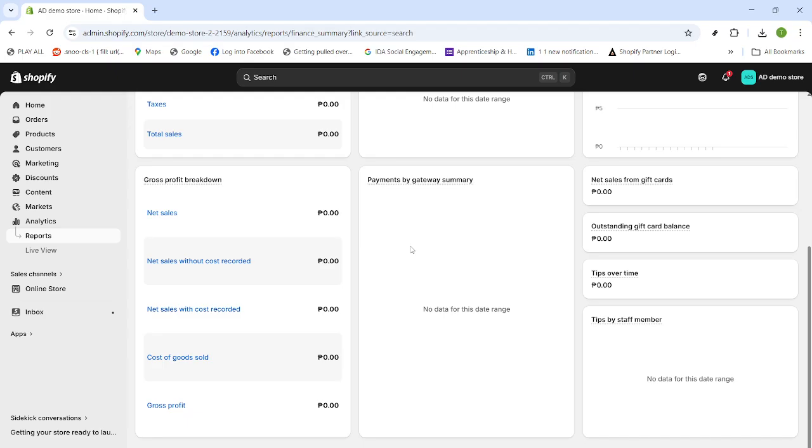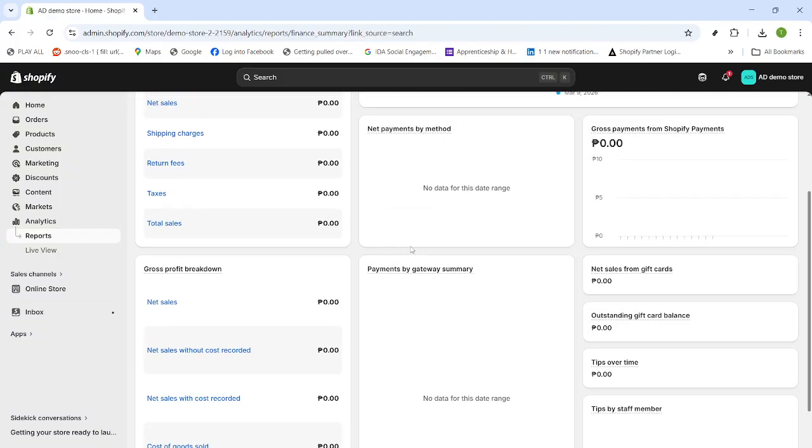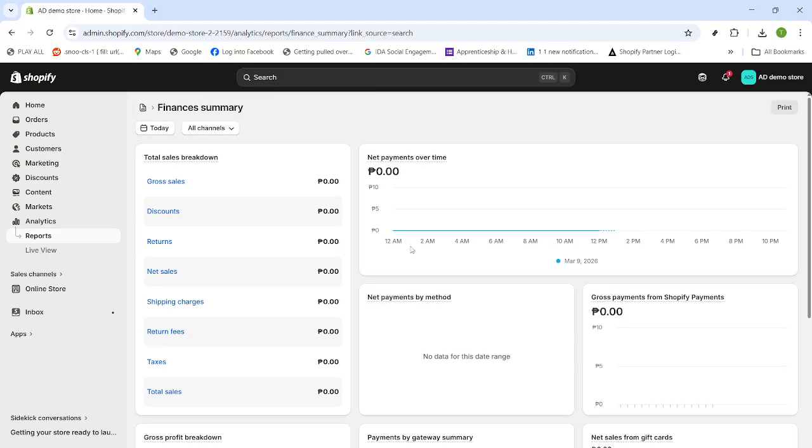Before you finish, confirm two things for consistency. The channel filter is set to All Channels, and the date range is Today. Keeping these selections the same each time ensures you're comparing like for like and making decisions using the freshest data. If your store operates across multiple channels or regions, this consistency helps you spot real trends rather than changes caused